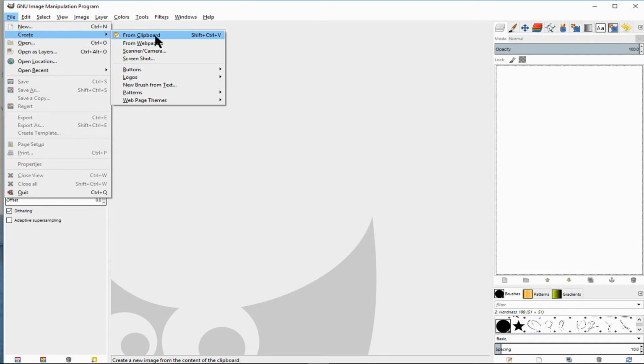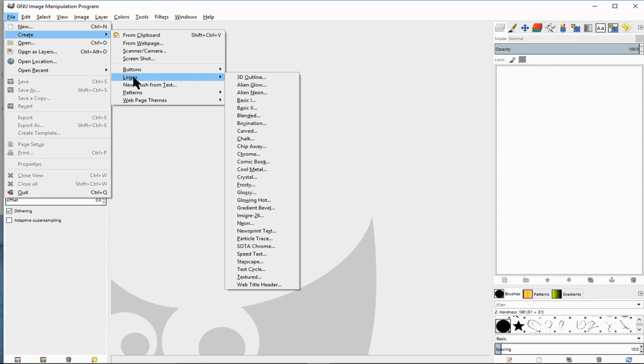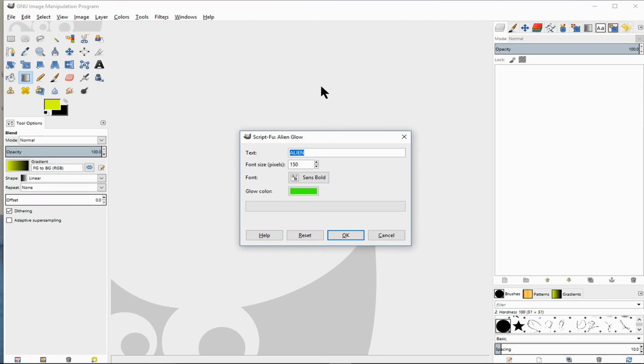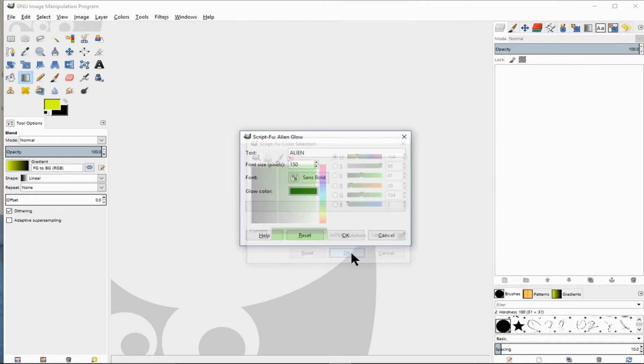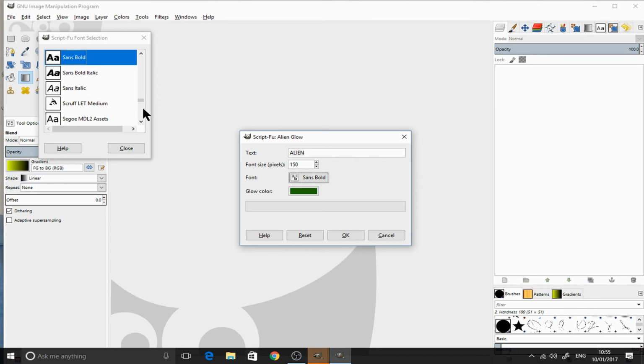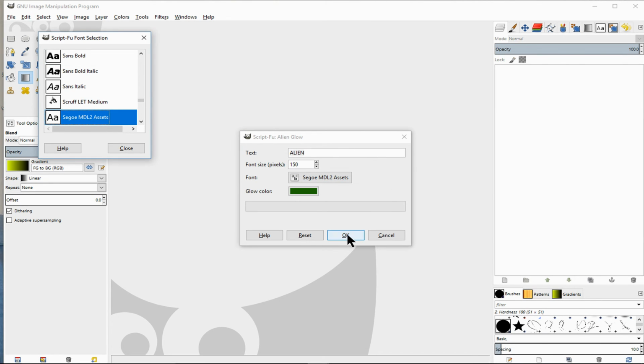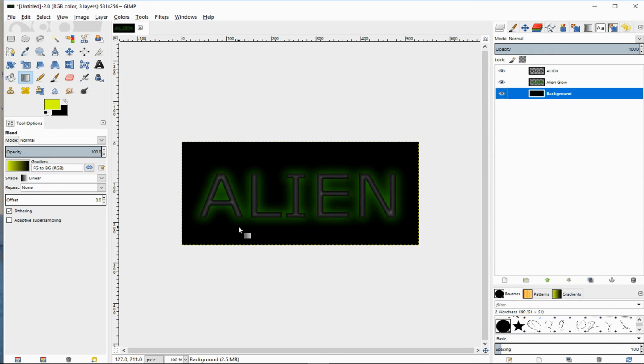So it's File, Create, Logo, and this time I'm going to go for Alien Glow. I'm going to leave it as Alien, and I'm going to get a different colour, a lighter colour this time, and make sure that's all okay. Again, have a look at the text. I'm going to do a thin text this time. Okay, you've got Alien there with an outer glow in it. It has